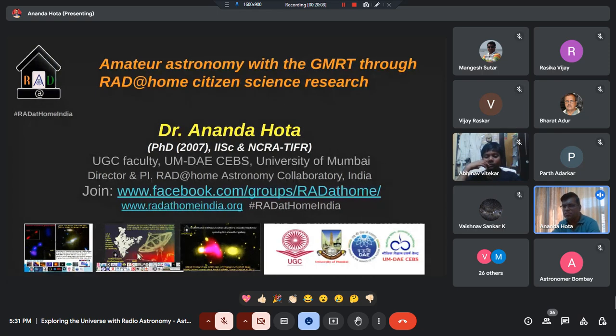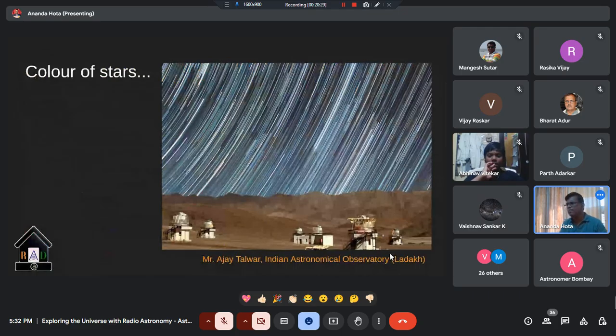Some iconic images of what I do, what discoveries I do, the collaboratory that was being described, how GMRT, a large human resource network, and GMRT make discoveries together. One of their discoveries is shown here. And I'm a UGC member, so the logo of my institution basically. Okay, typical. A famous picture from a famous astrophotographer Ajay Talwar.